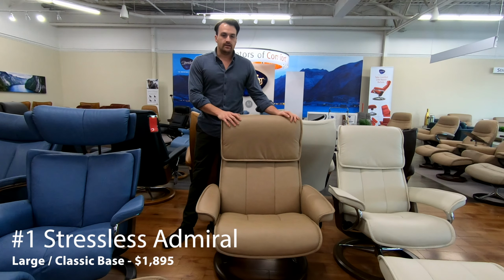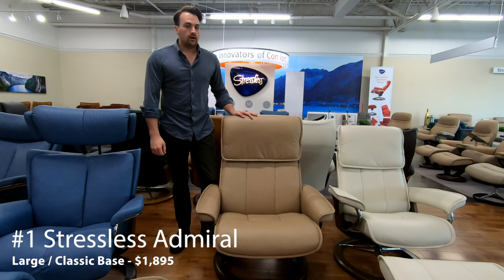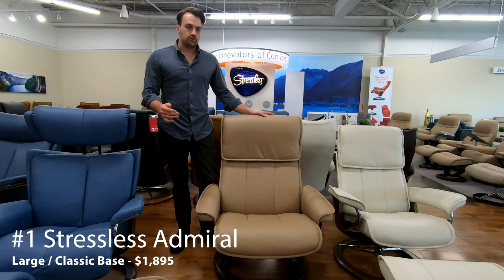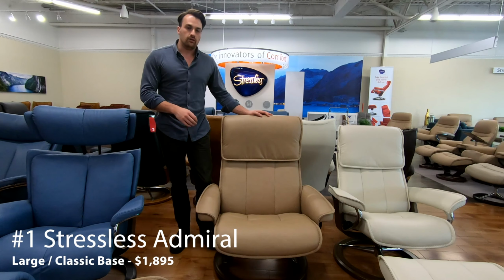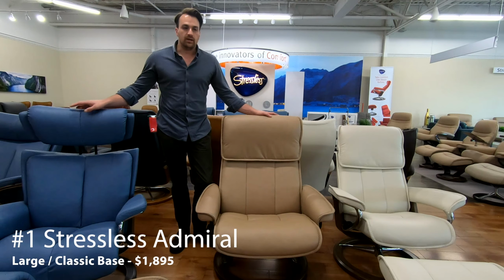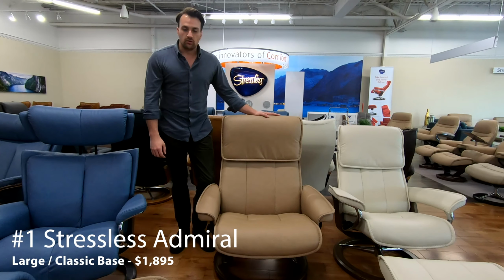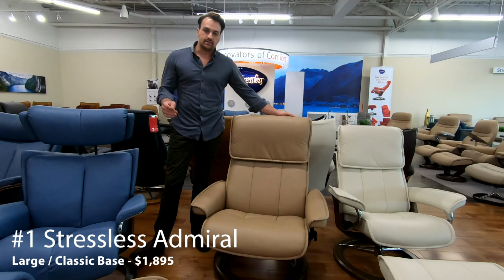Okay, recliner number one is the Stressless Admiral. And if you've watched our videos before, you know that the Admiral is one of our better selling recliners. Very attractive price point on the Admiral. And as a taller individual, you're not going to find another recliner under $2,000 with an adjustable headrest. Most of the other adjustable headrest recliners like the Magic are going to be in the mid 3,000s and above. So the Admiral is a very attractive chair for anyone over 6 foot that is looking to stay under that